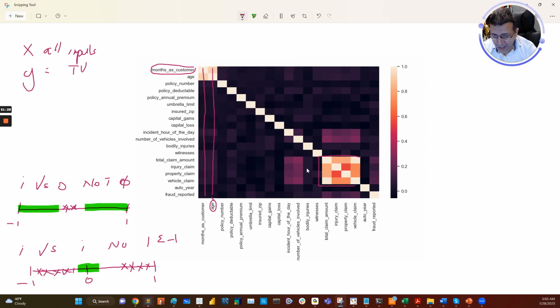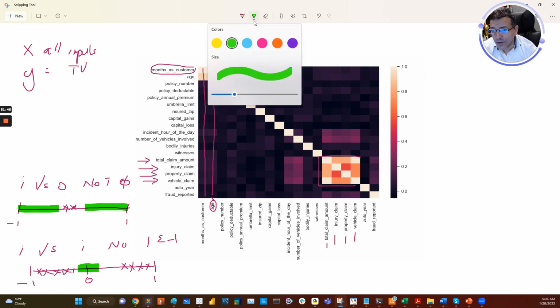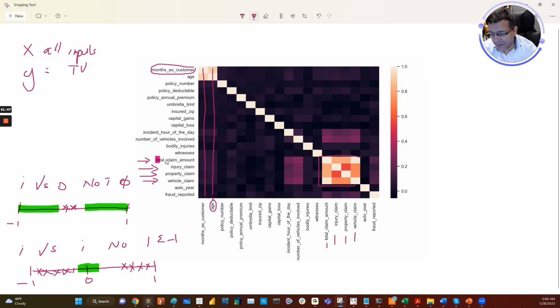What is here? We have total claim, injury claim, property claim, vehicle claim. Out of these four, we need to keep only one of them. Which one do we need to keep? Is the one